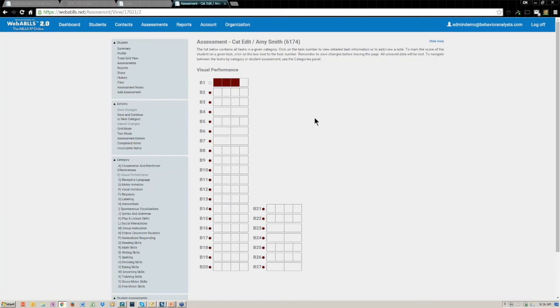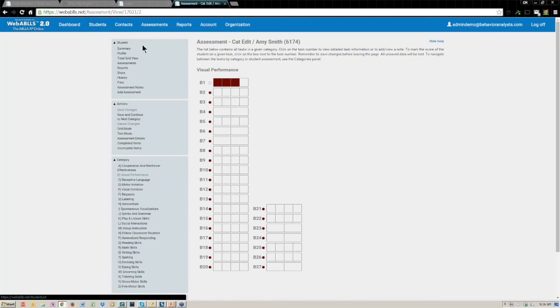So with that, now we are going to go back to our student summary screen. As I mentioned earlier, there are many ways to get to the same item. I could certainly go back to my dashboard and click on my student's name and get to my summary screen, or do the same thing from under the student tab.